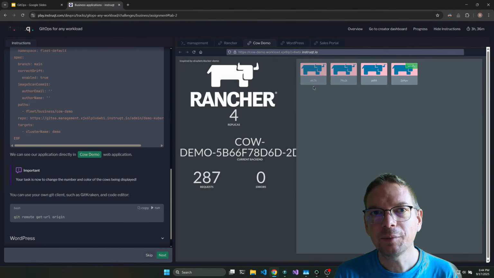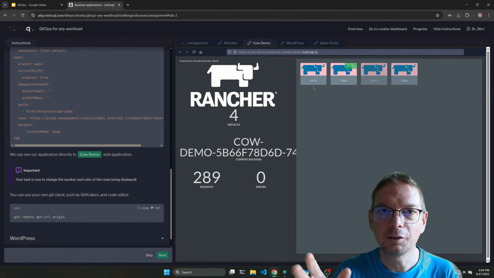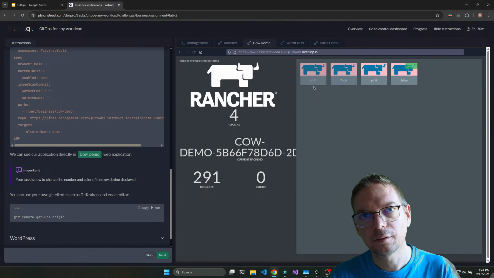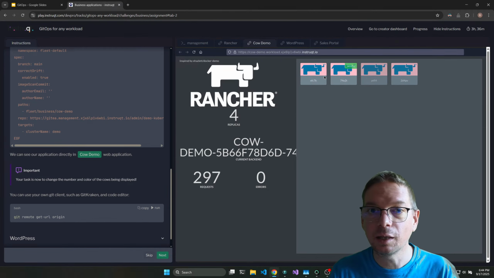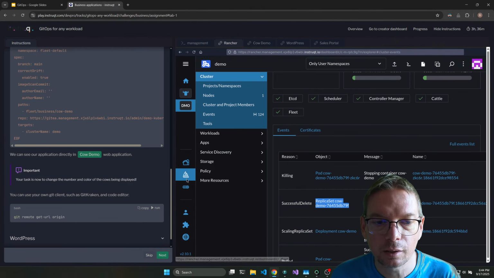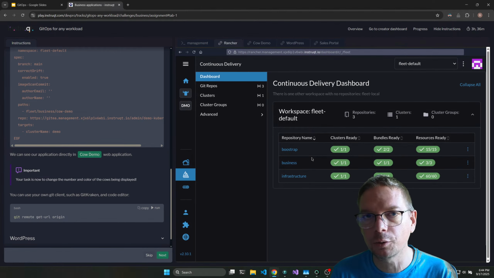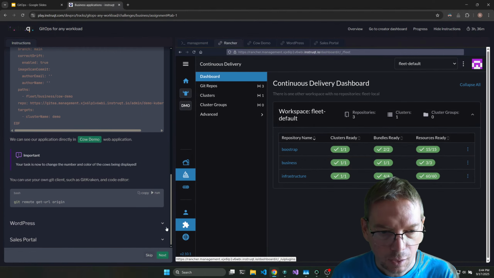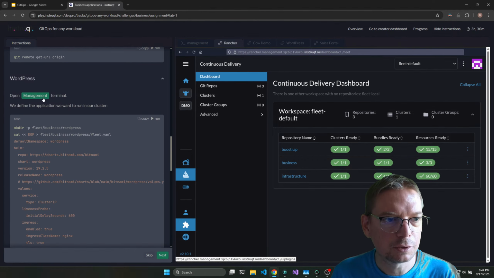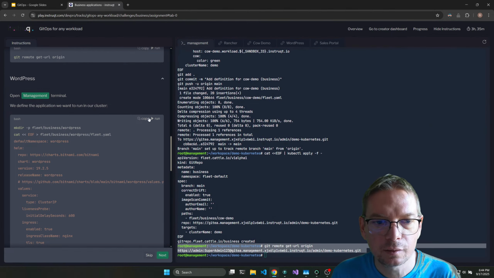So it doesn't seem like much, but this is GitOps in a nutshell. Once I did the configuration and I have a Git repository and I work on my Git repository and I'm done. And here, if I go back in my little ship, we can see we are green, so we are good to go. So I will go fast for the other one. The second one was WordPress.